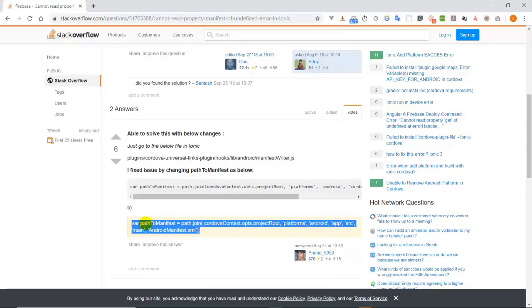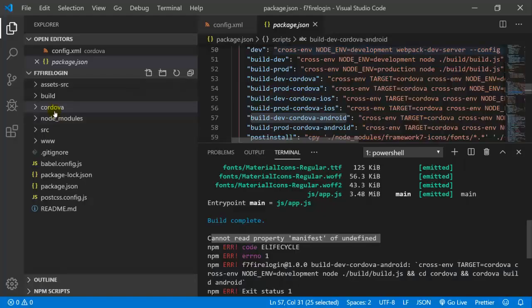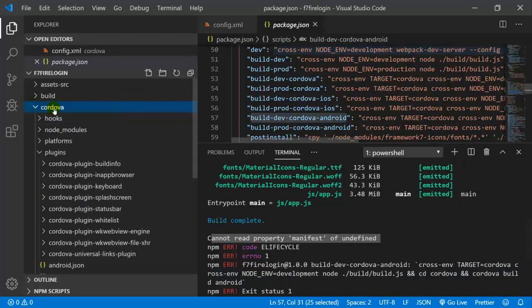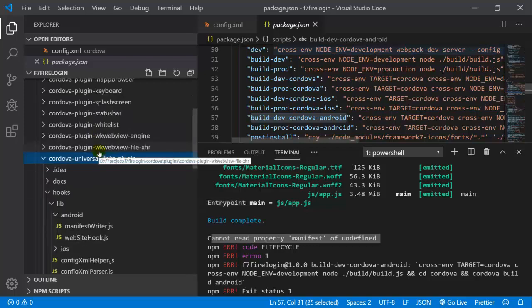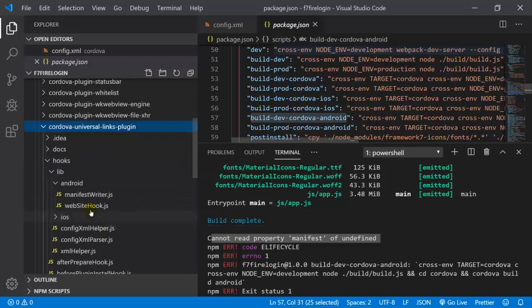So we have to change the path to manifest in our project. So back to the Framework7 project, we go to the Cordova and we have to find the Cordova Universal Links plugin. And under the hooks, lib, and also Android, there's a file named